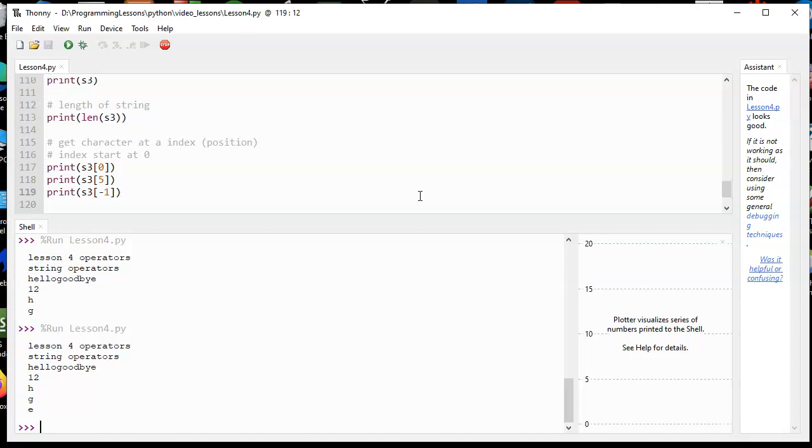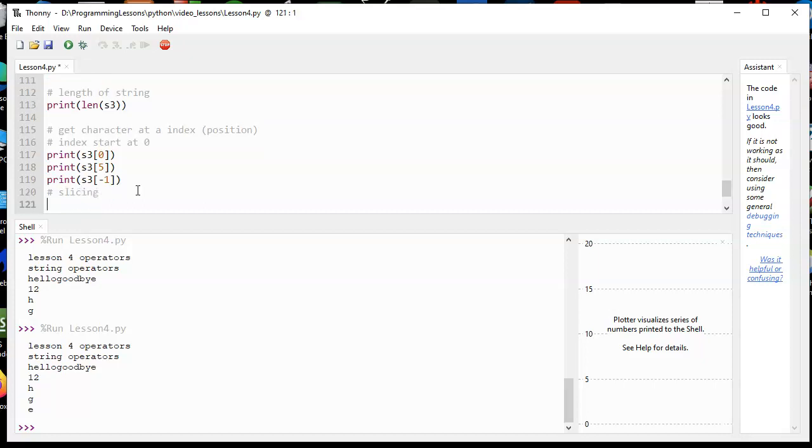And now we have slicing. Slicing is number 1 in Python. No language has slicing like Python. Little comment slicing here. Slicing is number 1, I'm telling you. That's why everyone likes Python. So we go print S3